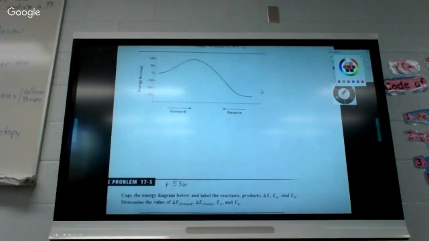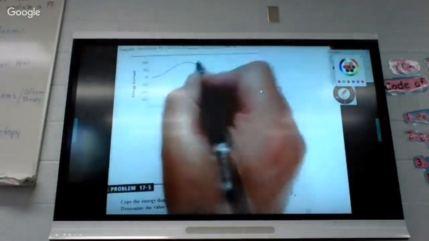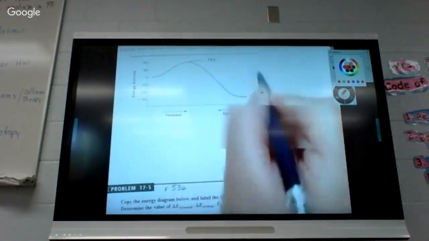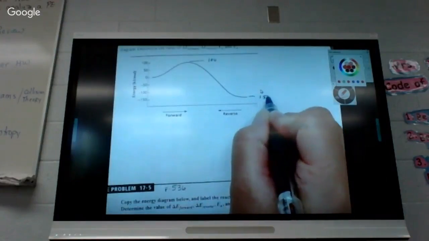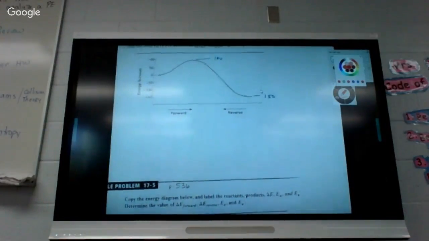Now, I realize these graphs look a little funky, and so you're trying to estimate. But just assume this is 100. Just assume this is at 150. Stop trying to estimate and change it because it looks like 140 or it looks like 90, okay? Just assume that they're at 100 and 150.